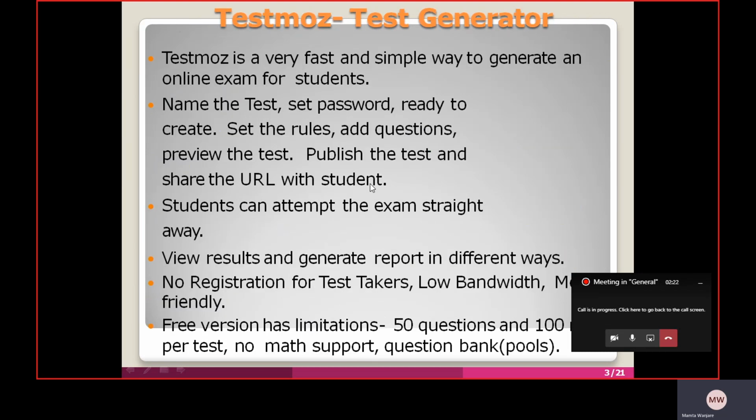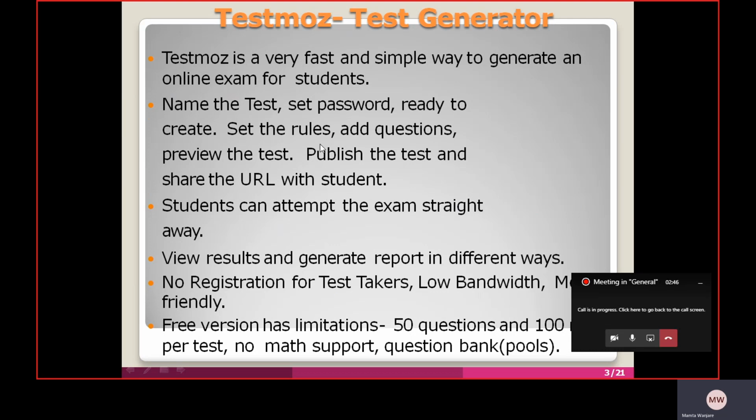Let us see TestMoose. It is also called a test generator. It is a very fast and simple way to generate an online exam for students. In that, you give the name of the test, then set a password and you are ready to create.